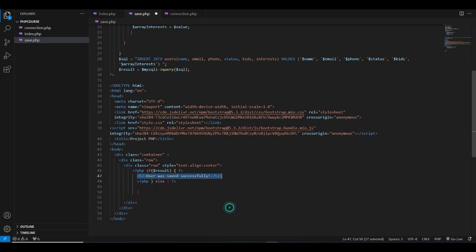We're gonna copy on the else, but now it's not that the user was saved successfully. No, we're gonna say this doesn't work, else, something went wrong. Okay,